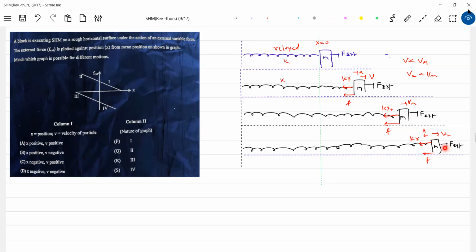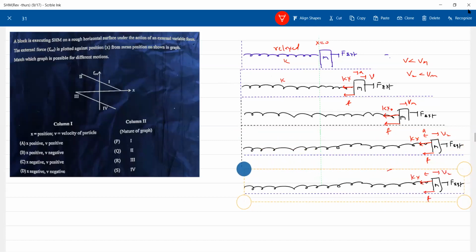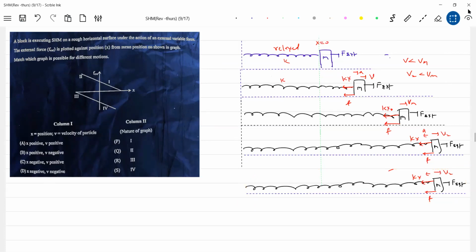Can it happen? The force will be acting towards the right and the velocity towards the left. Because after this, what happened? It will go somewhere here, come to instant rest, and again start accelerating back. So the same set of diagrams. Can it happen? I'll write x equal to 0 everywhere.